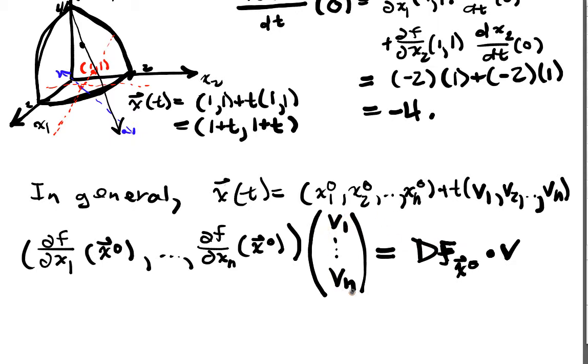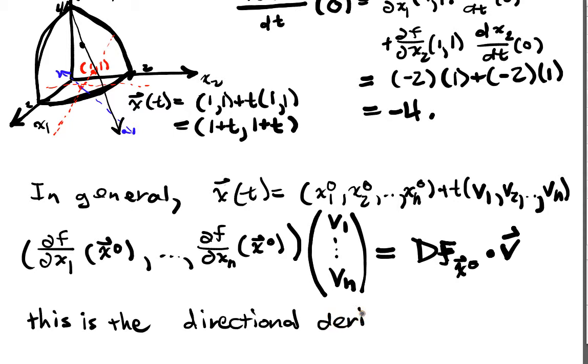And then if I have a direction that I'm taking a derivative along, then I get v1 up to vn, and that is my v vector over here. And so this is the directional derivative at x naught in the direction